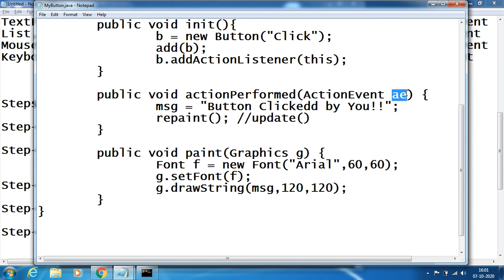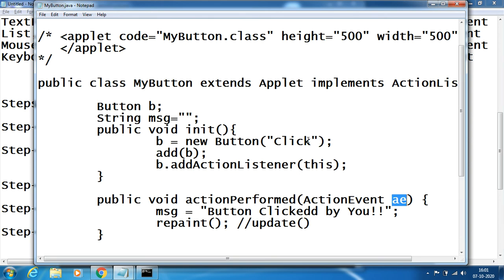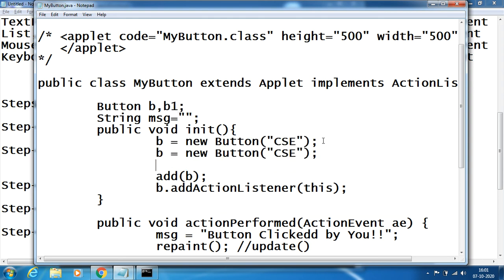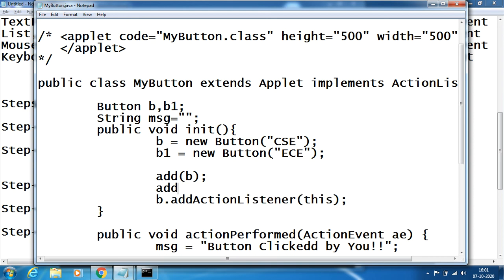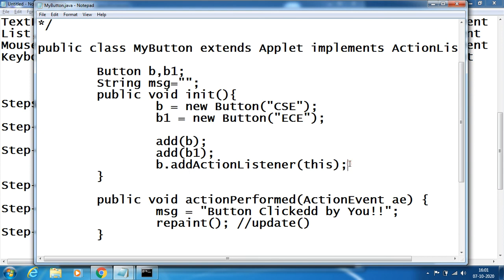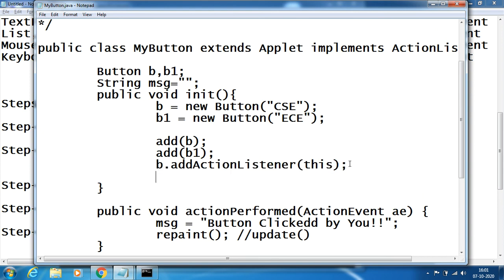Sometimes I can have more buttons. For example, say I have a button called CSE, and I create another button called B1 which says ECE, add B1 also, add of B1, and also apply the action listener on B1, copy, paste.